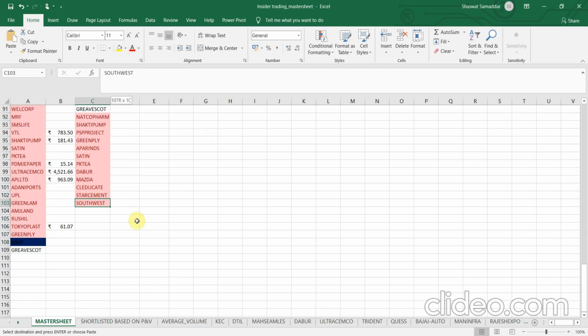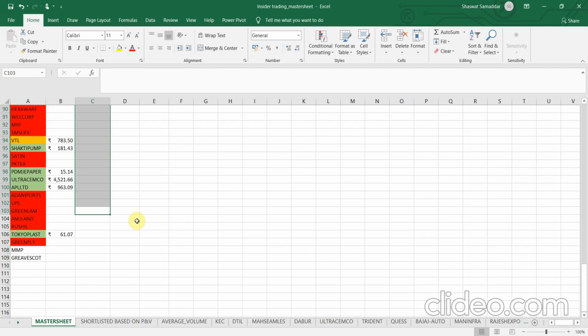Before that, let me just delete all these stocks. We don't need them anymore, once we have copied the symbol names in our master column. So I'll use the format painter and color code it as green. So okay, again, this makes it to our watch list. The MMP has made it to our watch list, but there is some more analysis that is left before we make a position in this particular stock. I'll explain them in a moment, but before that, let me just quickly analyze the Greaves Cotton.